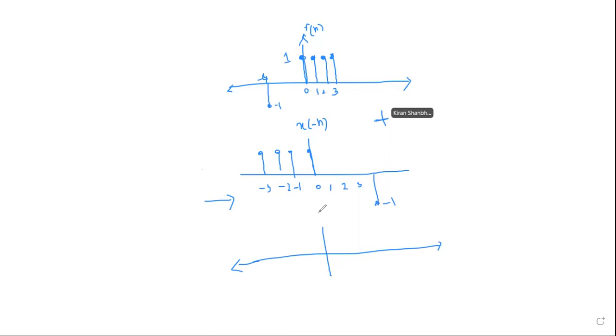Everybody give it a try. What are we trying to do? A simple x of n plus x of minus n. Give me x of n plus x of minus n and tell me what we are getting. Who should do this? Ilaf, will you tell me x of n plus x of minus n? Let us try to find the even and odd components of this particular thing. What are we getting?